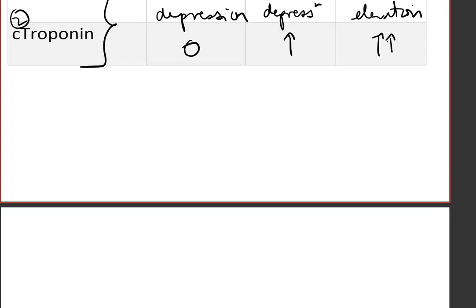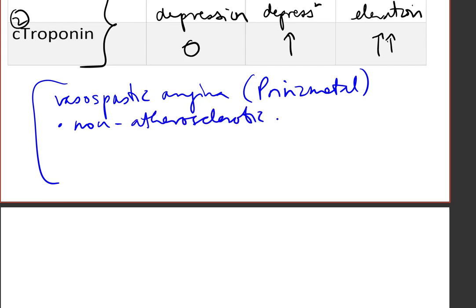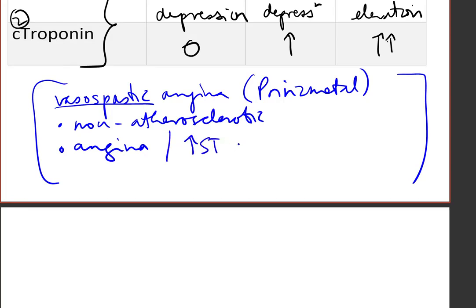I just want to stop and take a moment here to note that we've talked about stable plaques and stable angina and unstable plaques and acute coronary syndrome. There is this much odder phenomenon, which is our vasospastic angina. And this has had many names in the past. It goes by the name of Prinzmetal angina. But what is distinctive about it is that it is non-atherosclerotic. And so these patients will present with true angina, and that angina is often due to ischemia due to the vasospasm of the coronary artery, so you see variable ST changes, but it can include full ST elevation, and